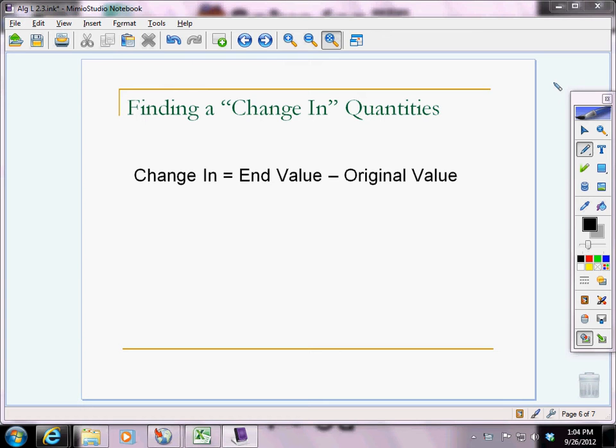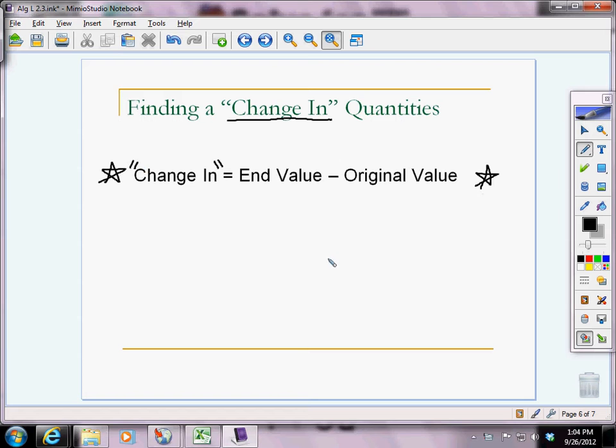Finding a change in quantities. Notice right here that "change in" is in quotes. This is a pretty easy concept that people get wrong a lot because they don't pay attention to this formula. Anytime a problem asks you to find the change in something, whether it's the change in time